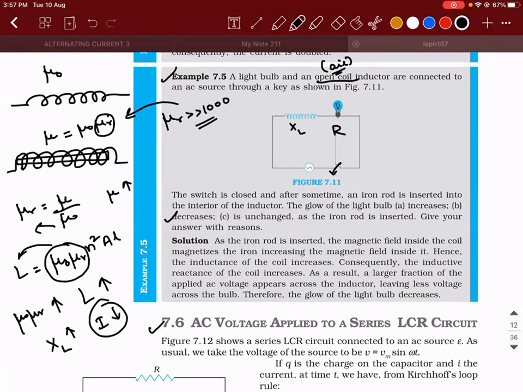Okay. So this is all for today. In tomorrow's class, we'll be discussing the average power of an AC circuit in a complete cycle. And in the class next to it, we'll discuss transformers. With that, this chapter is over. In the meanwhile, we'll solve some problems also, like how we did today.